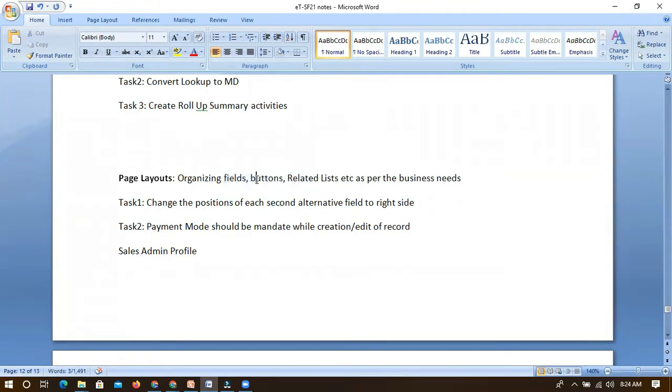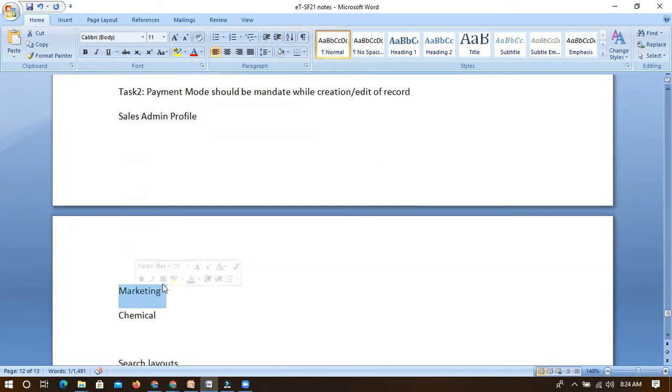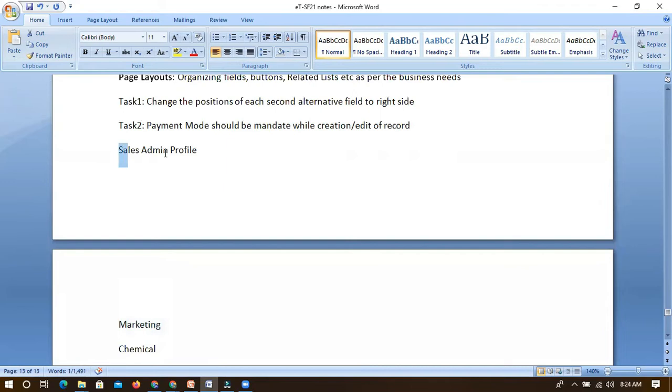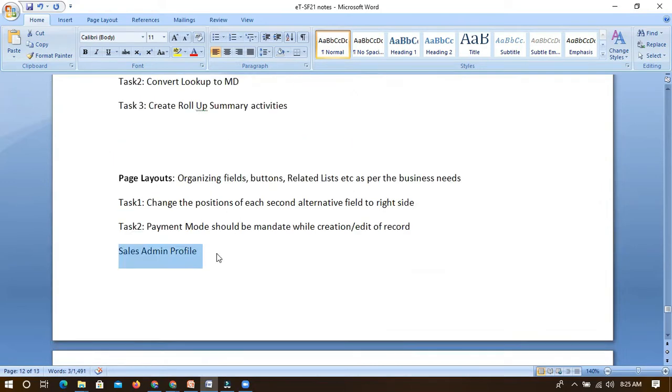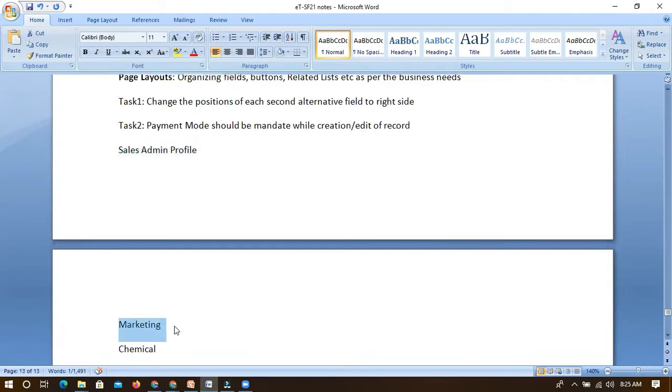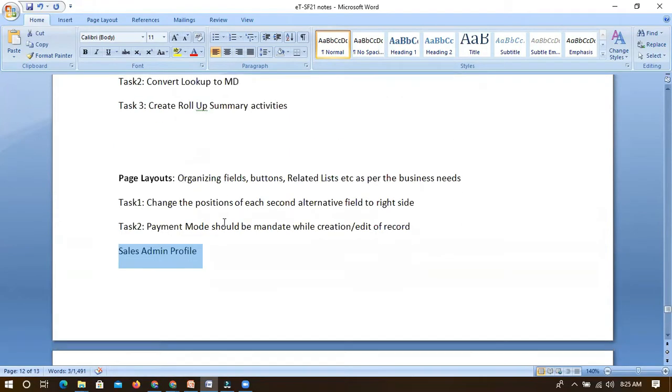Based on that, we can create a new button. We can add that button to a layout only for a specific profile, like the sales admin profile. If marketing also needs that, we have to enable it for marketing also. But how can we control that, because these are different profiles, right? Right now we have only one layout, so we don't have other layouts. But if marketing needs some type of buttons or fields, and sales needs only some other buttons or fields, then we can control that also. But right now our main focus is how these are being displayed first.